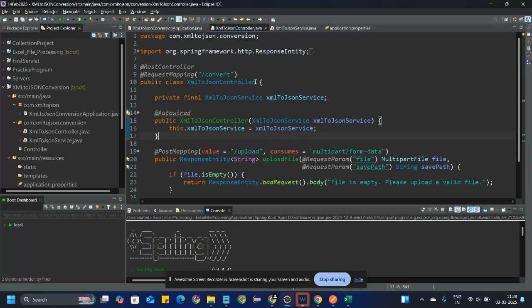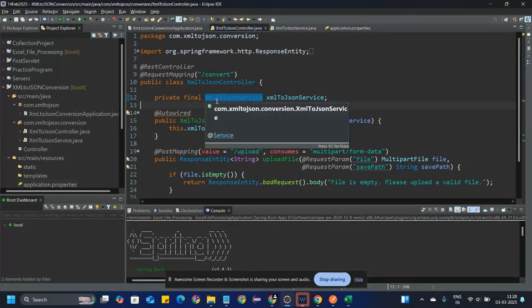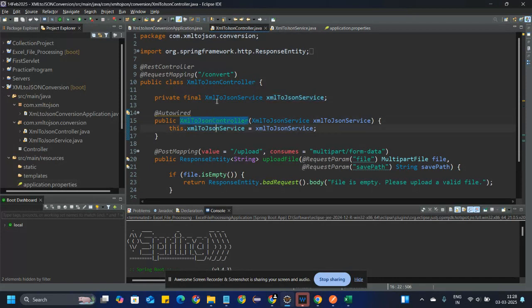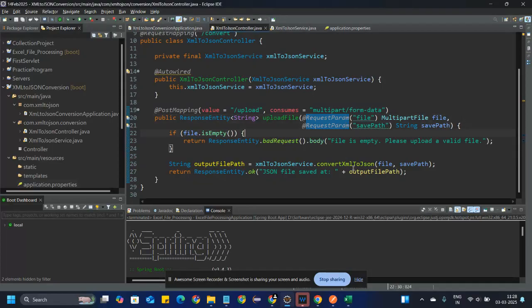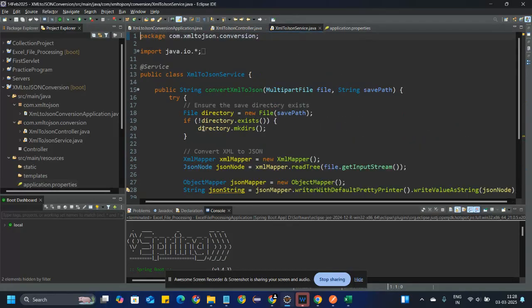So we have created the controller first. We upload the file in multipart form data with the starting row and the save path where the user wants to save. Check if the file is empty, then show that the file is empty, and the output will be converted and provided as the JSON file at the output path the user wants.